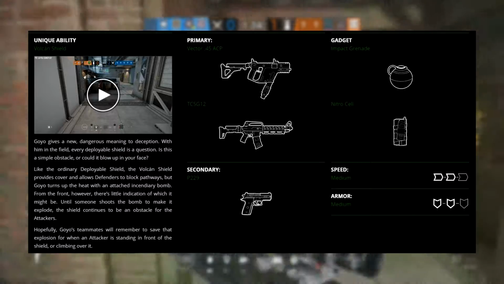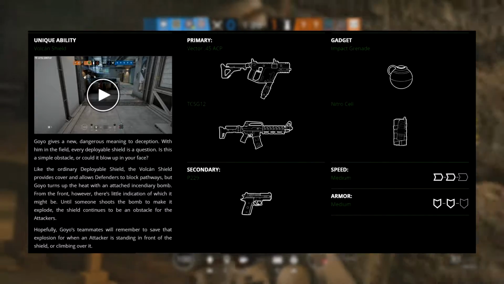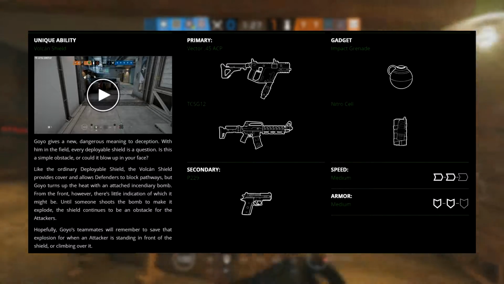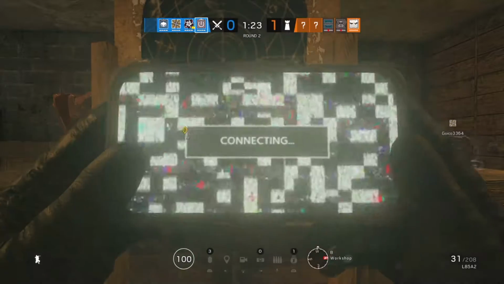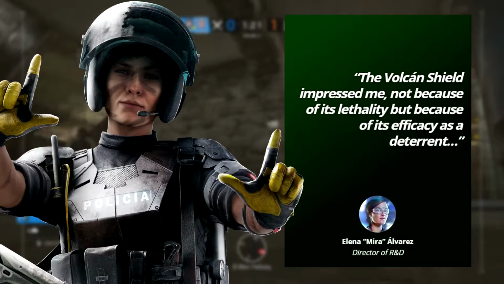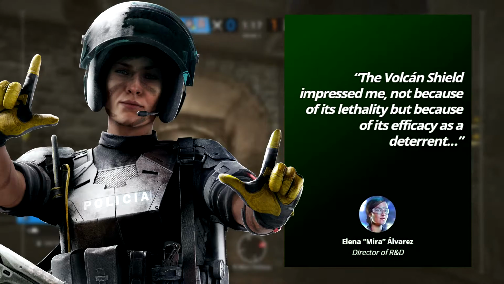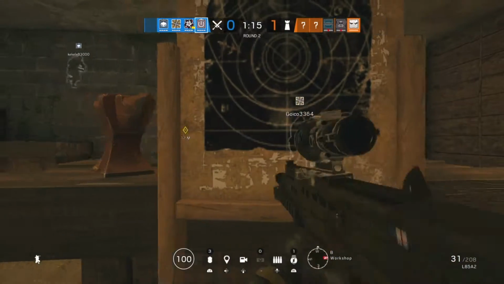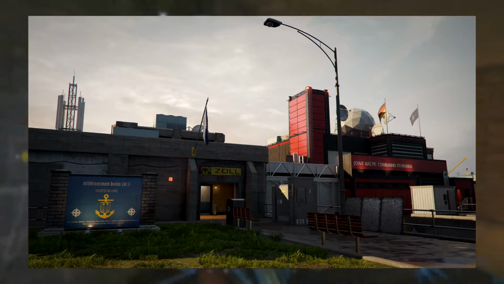He has only one secondary, the P229 that we also know of Hibana and Echo, and he has the choice between an Impact Nade and a Nitro Cell, and his unique ability is of course the Vulcan Shield. Amaro's quote on this part is, "The Vulcan Shield impressed me, not because of its lethality, but because of its efficacy as a deterrent." Moving on from the operators, we of course have our new map rework, Canal, and it